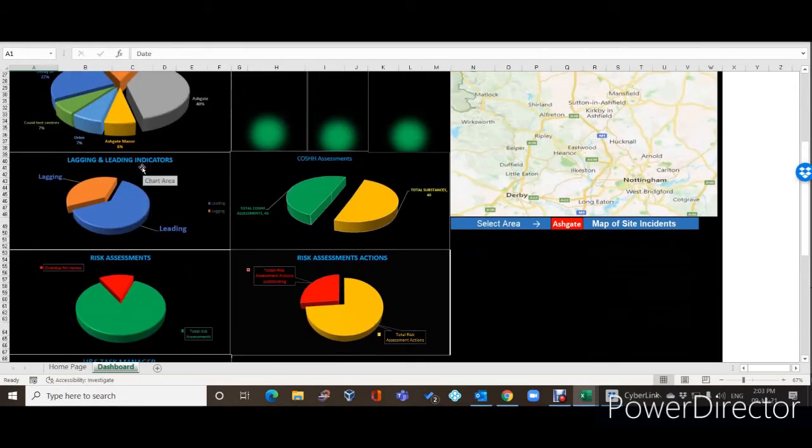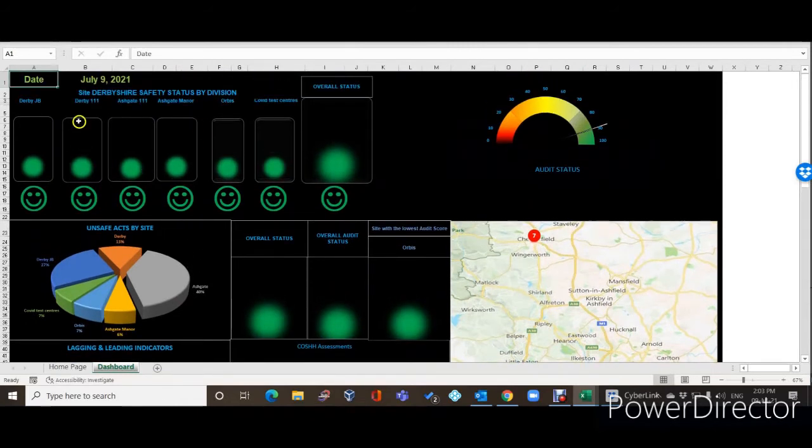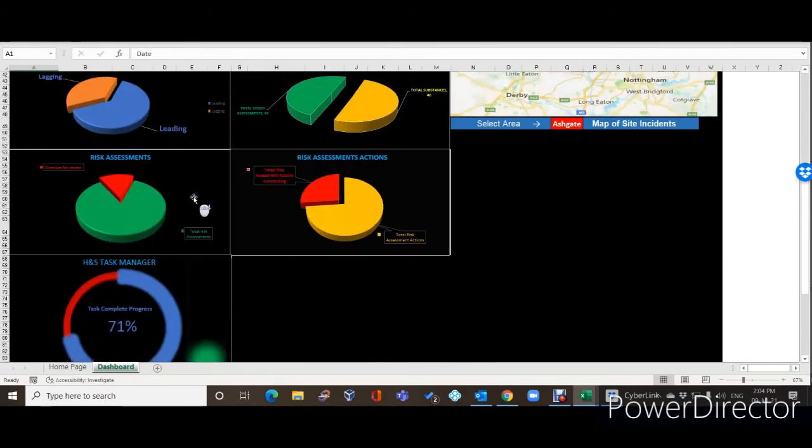Lagging and leading is usually related to stocks and shares and financial information, but it is also appearing on many health and safety dashboards as well. So he's financially orientated, so he wanted it changing to that, which is quick and easy to do, as I've done. We've seen all this, the traffic light system, we know how that works, and it's been covered on future videos, so there's no point in covering that